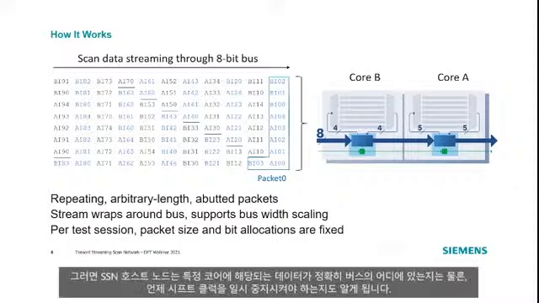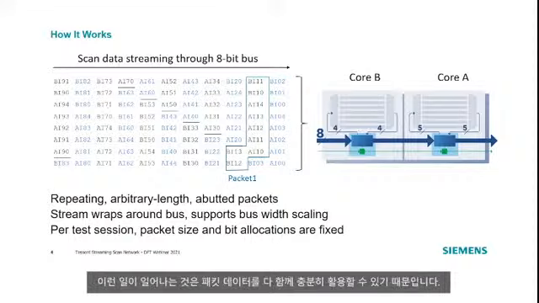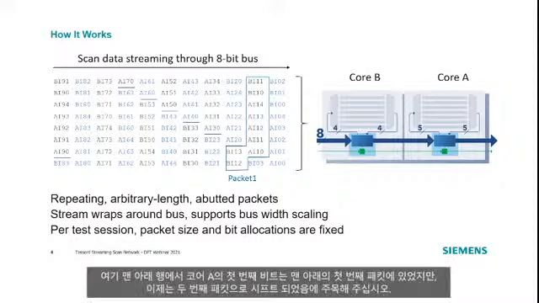And the SSN host nodes then know exactly where the data corresponding to that particular core is on the bus, and also when to pulse the shift clock. Now, if we look at the next packet, notice that the positions now are shifted, rotated. Again, this happens because we are able to fully utilize the bus and pack all the data together. And also now, since we have 9 bits per packet and an 8-bit bus, that's why we see this rotation. So on the